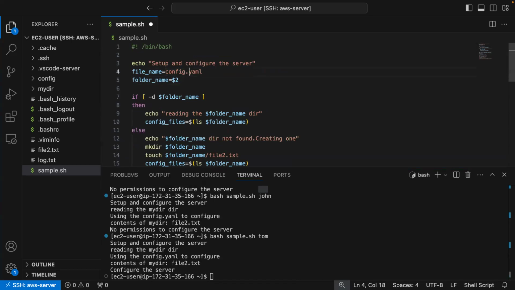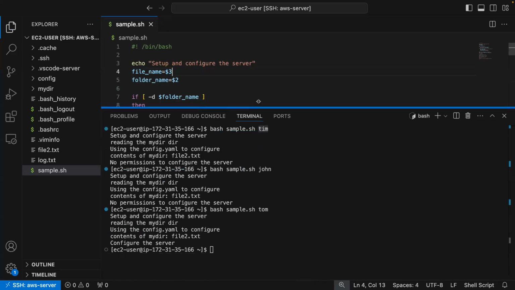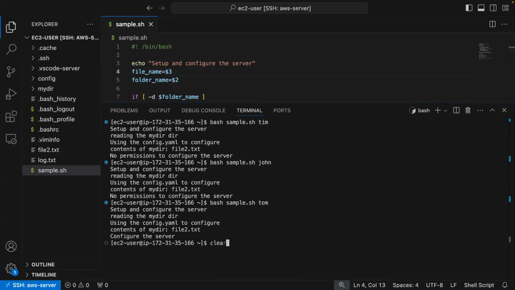$2. I want to replace the file name also during runtime. I don't want this hard-coded fixed value each time. So $3. Okay, so now